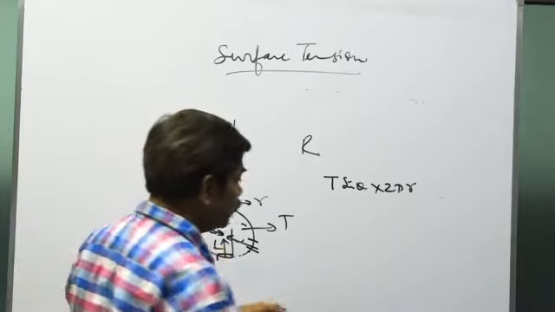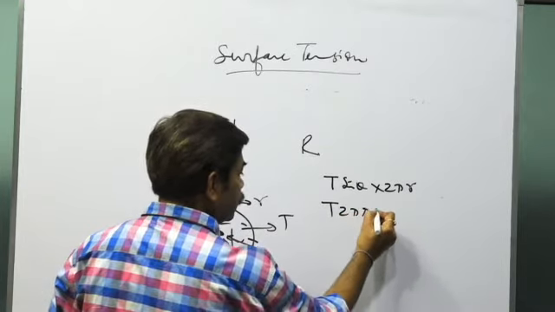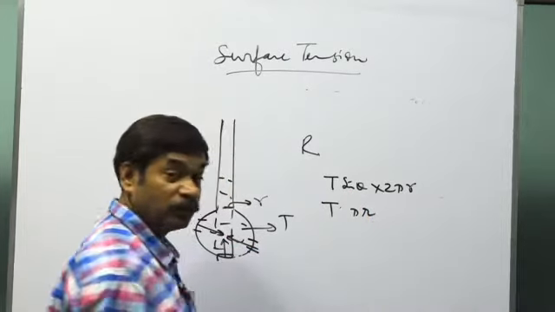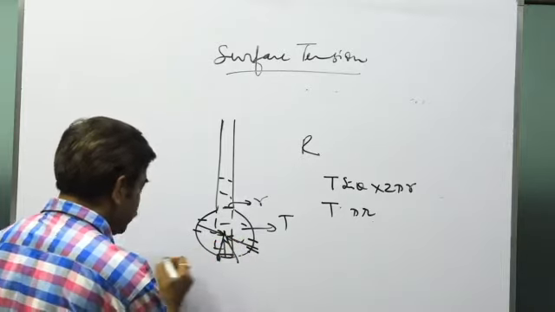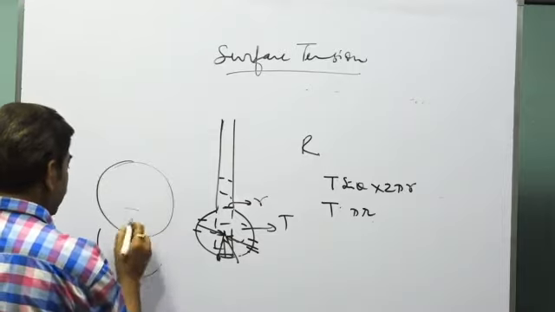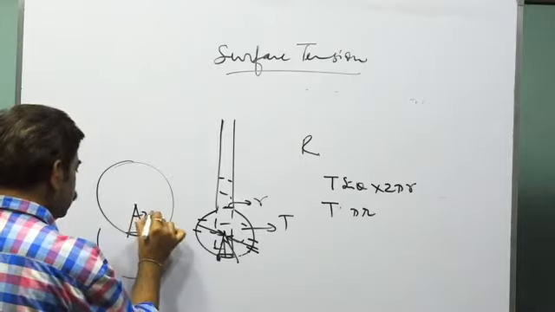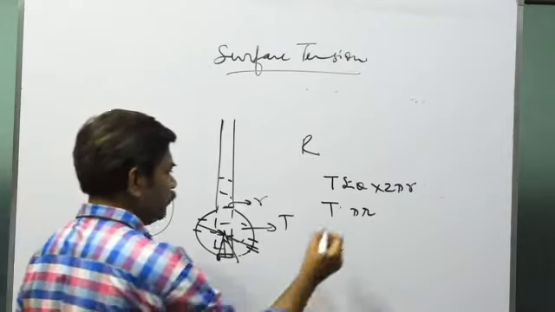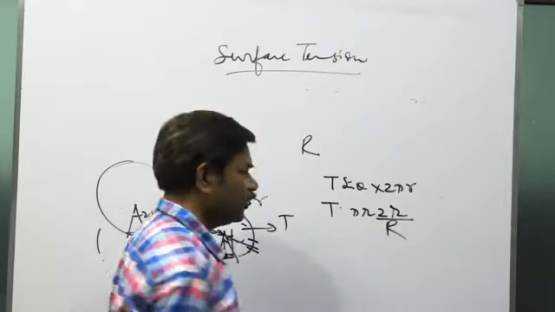Here we solve this. We have T into 2 pi r into sine theta. I keep the value of 2 theta also. Obviously, 2 theta will be the angle subtended by this part of radius r at the center. So 2 theta will be equal to 2 small r divided by capital R. There is a force.